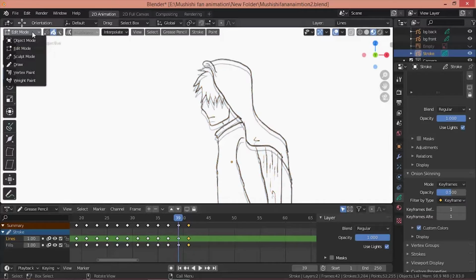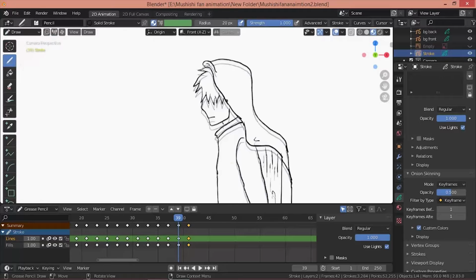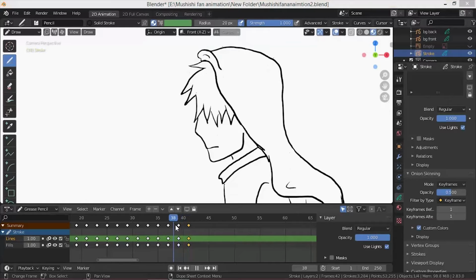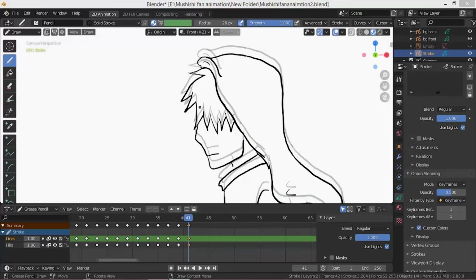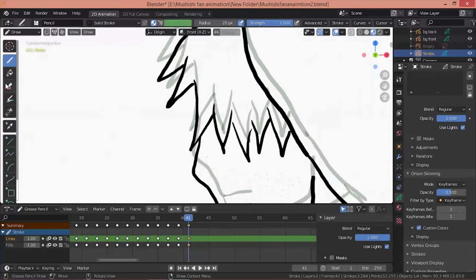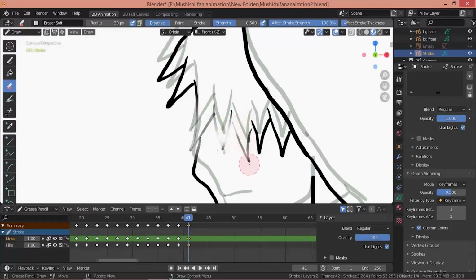And we go back to the draw mode, and after going to the draw mode, his hair might move slightly, so maybe in the 41st frame I might take the eraser tool and just erase his hair slightly.